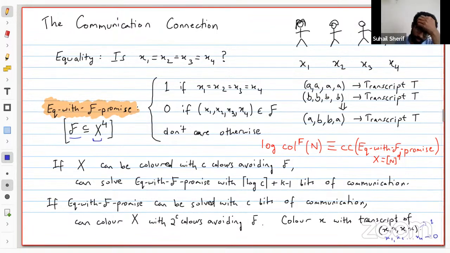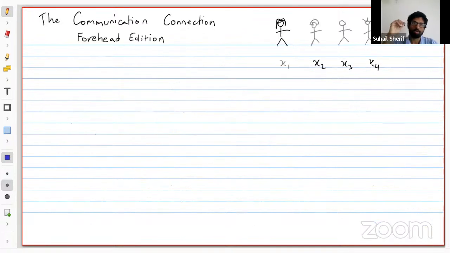So what this says is that if you can compute the complexity of this promise problem, that tells you exactly what the coloring number is, up to an additive constant. All right, so this is just a connection between generic coloring problems, not specifically corners or any arithmetic progressions. But the connection with corners comes in this weird model, which is the number-on-forehead communication